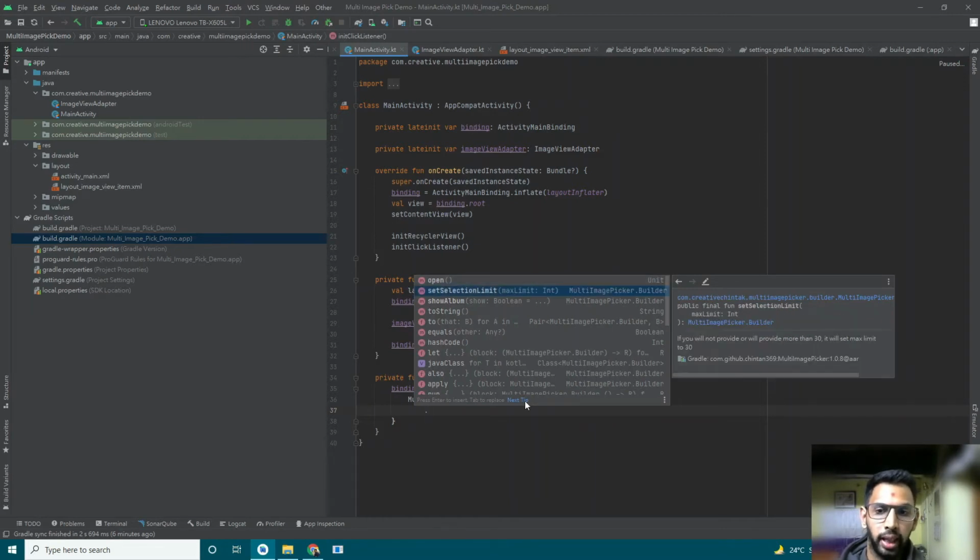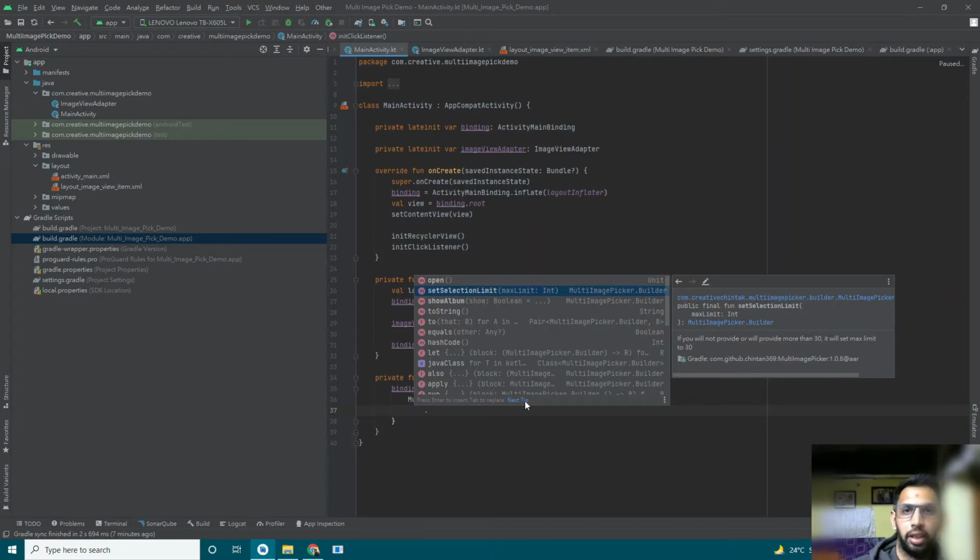Now there is one more method, the selection limit, as you can see. Selection limit is a feature that the multi-image picker provides us. Natively, when we call the gallery intent, it only gives us the option to select a single image, or if we provide intent.putExtra allow multiple, it gives us the option of multiple selection, but it does not let us set how many images can be selected.